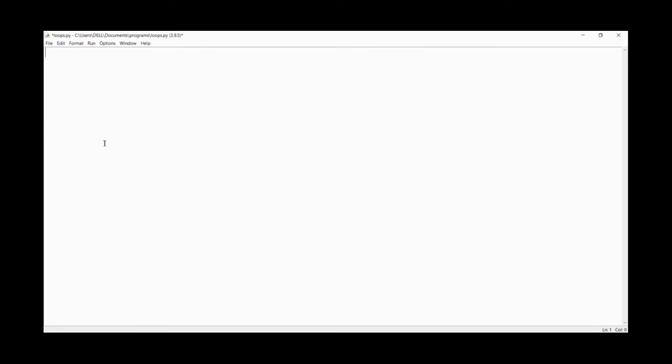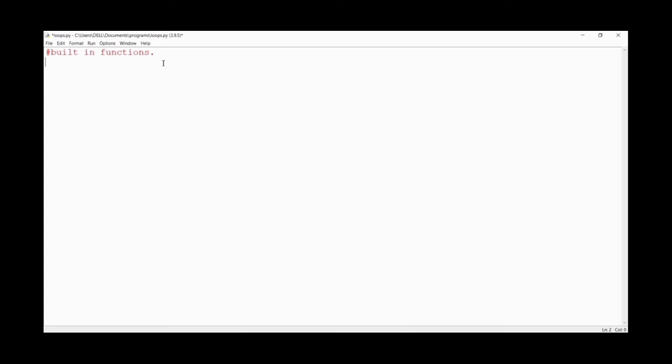So let's try some other built-in functions. These are the built-in functions which we are going to try. Let me define a list equal to 1 comma 0 comma 3, and quickly I will write the program.